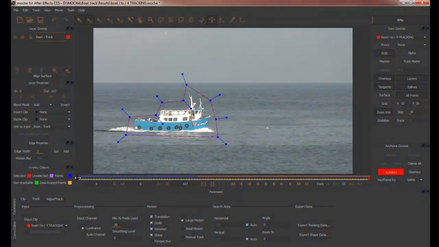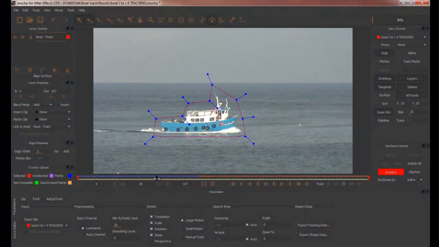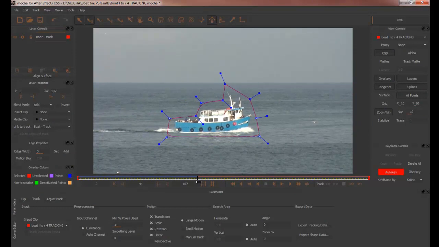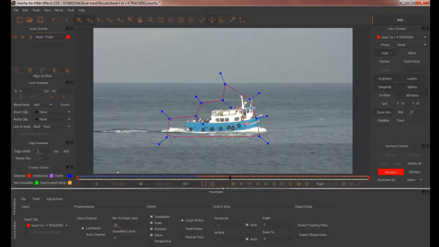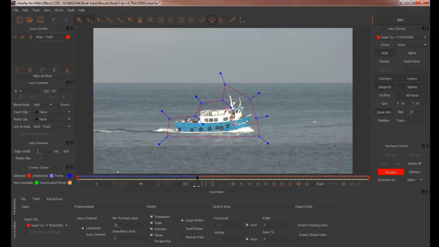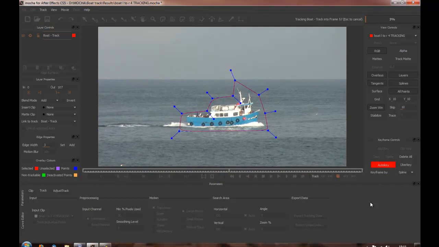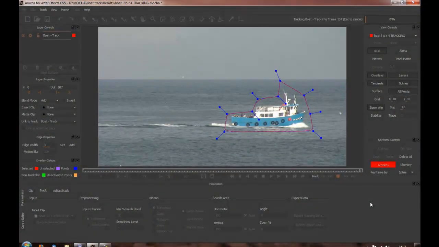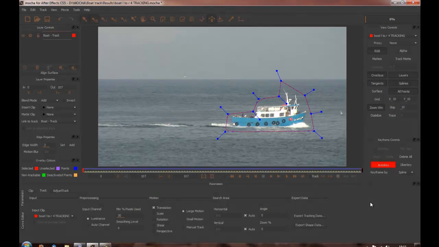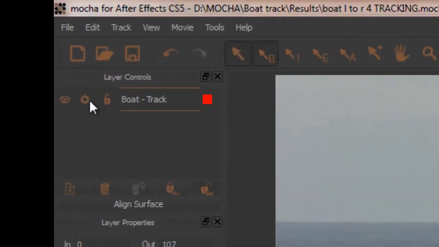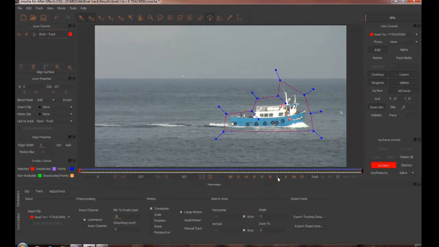There we go. So we now have a rock solid track where the line is blue, and then as soon as we go on to red, obviously there's nothing tracked. So we go to the end of the blue line and I can now track forwards. Okay, that's now done. We can turn off the tracking so it's not going to accidentally track it again, and then we can push play and look at our track forwards and backwards